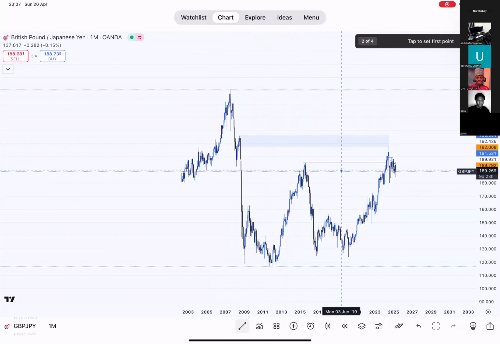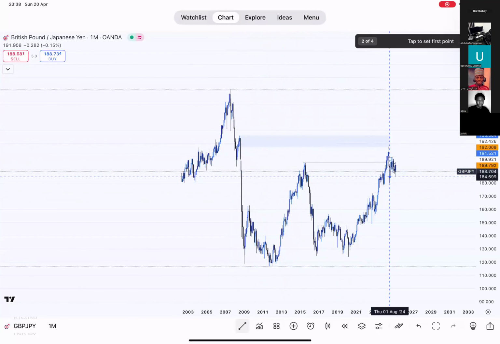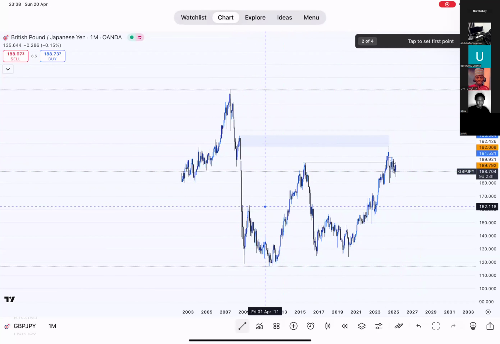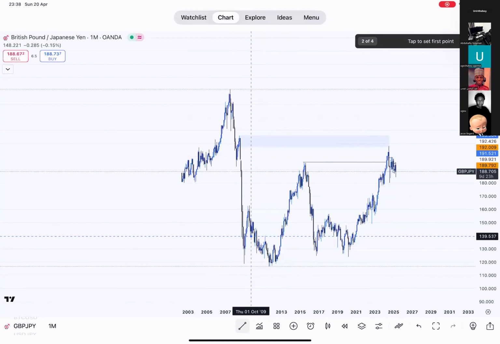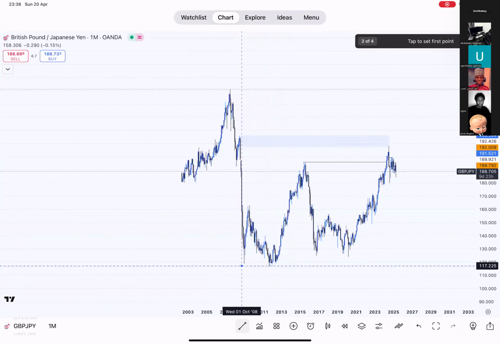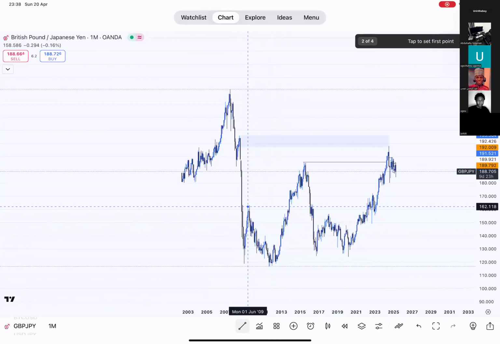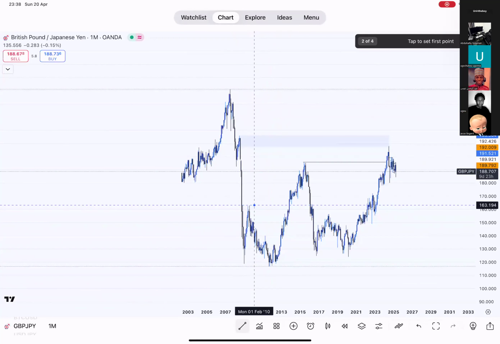The 2009. 2009. Yes. See that 2009 high there. Why did the price not take it and then drop a bit? Instead, price just kept buying. Originally, looking at it, you'd be like, wait, I don't understand what you mean by buying. This market is selling down. So what do you mean by